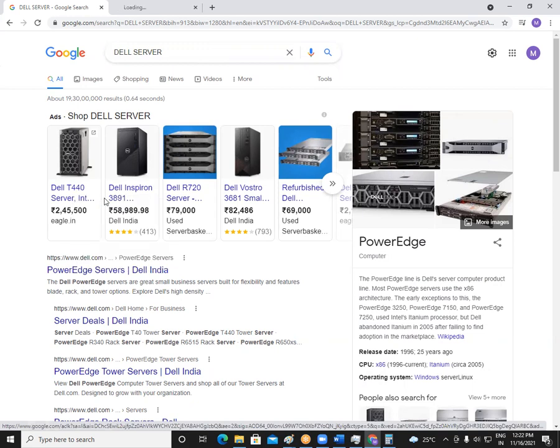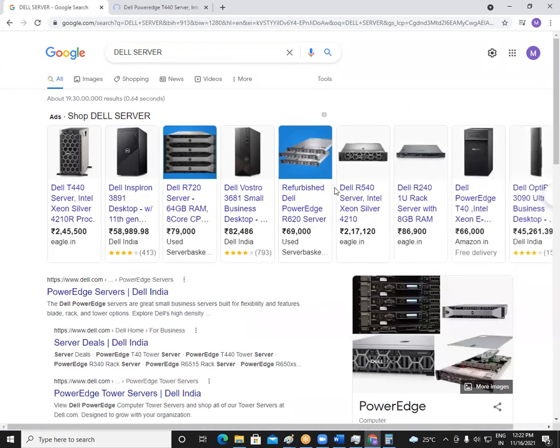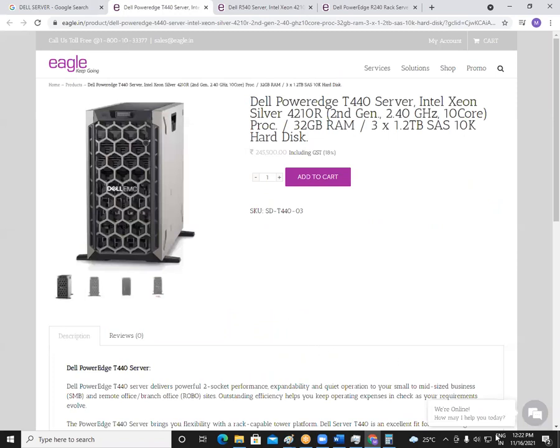That is some money, right? Let us see the specification. And there is one more server here that is 2,17,000 rupees. And there is one more server here with 86,000 rupees. So let us see the differences between these 3 servers. There is a huge difference in the pricing, right? 86,000 and 2,45,000 is some difference there.